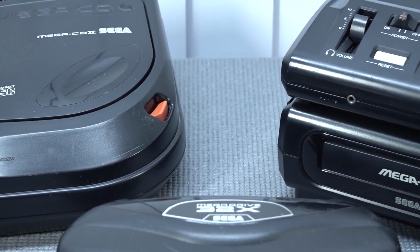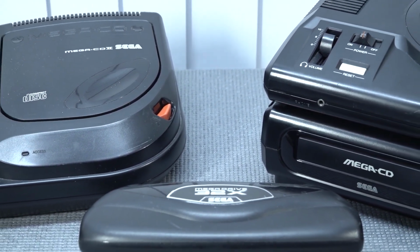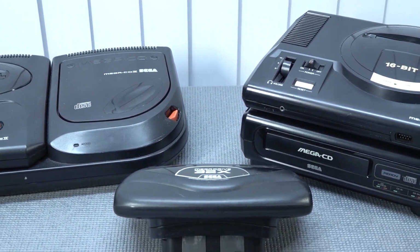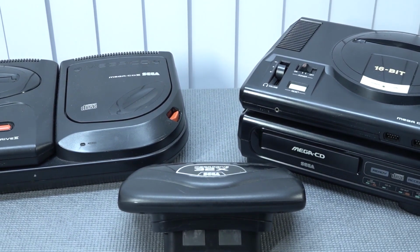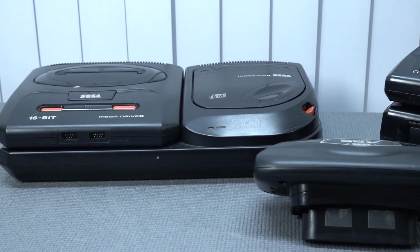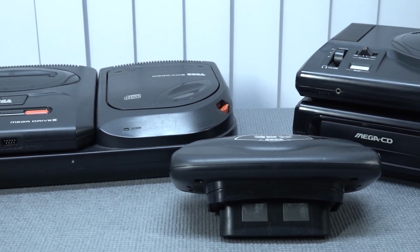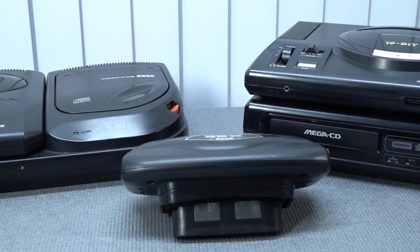The Sega Mega Drive is a system that I personally grew up with and I still love to play nowadays. Some of you know us as the Sega Genesis because we do have different names in different regions. But then we have so many cool ways to play but also collect nowadays. But unfortunately some of the parts when it comes to the old school Sega history, let's say, pieces of hardware,